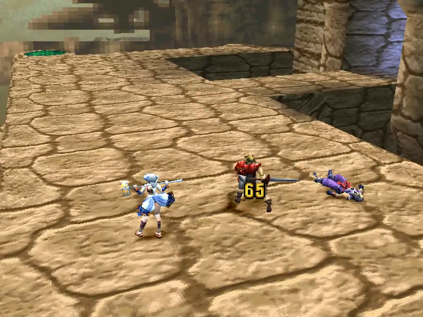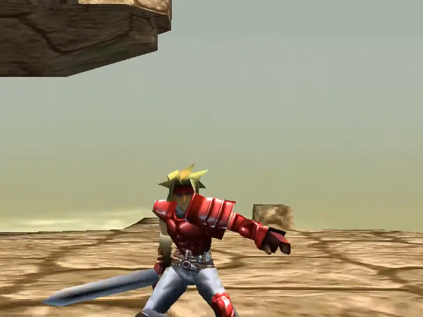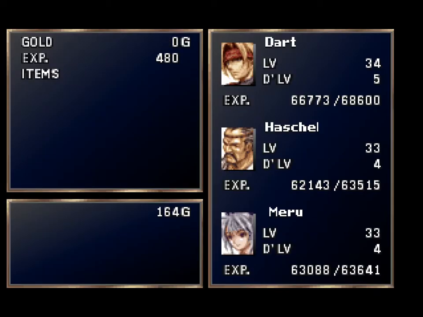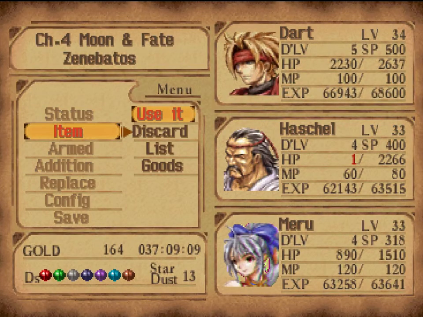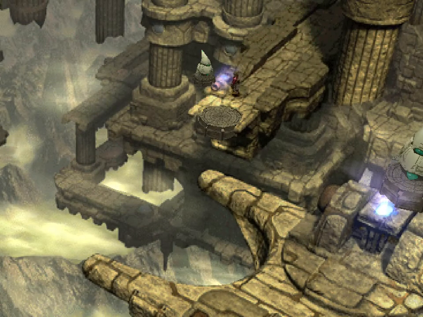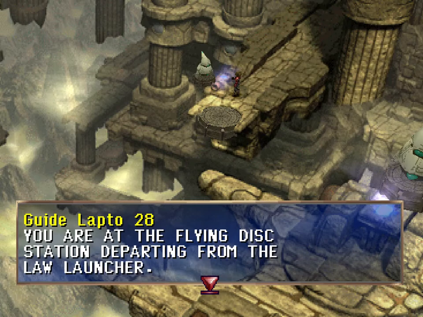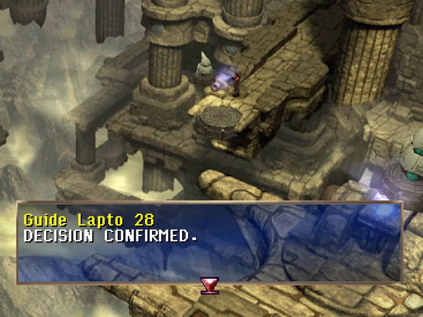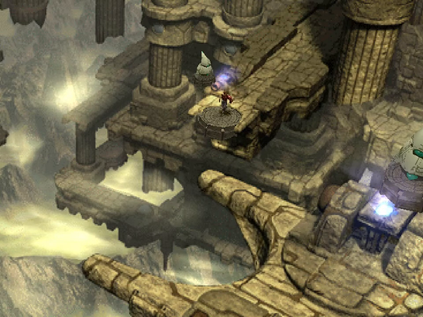Okay. Whew. We're good. Hashel's just on the floor. Let's go ahead and use a healing frog. Alright, so we know that the law for...